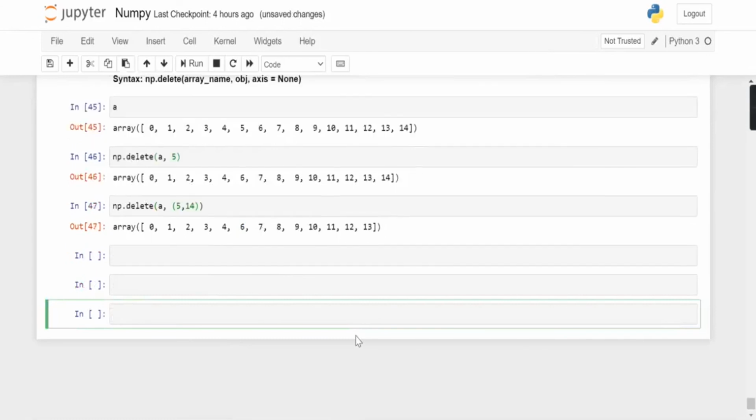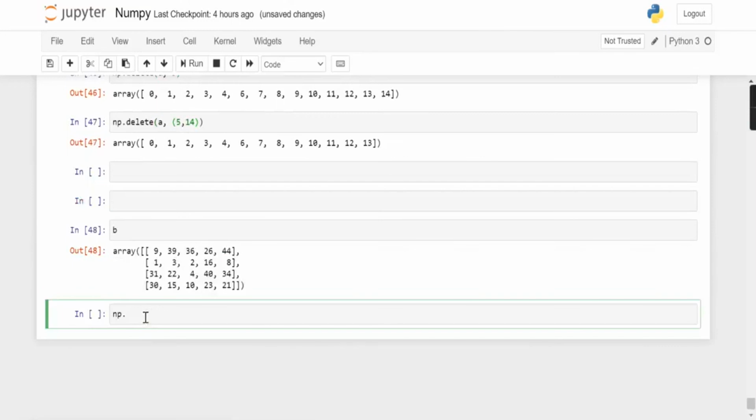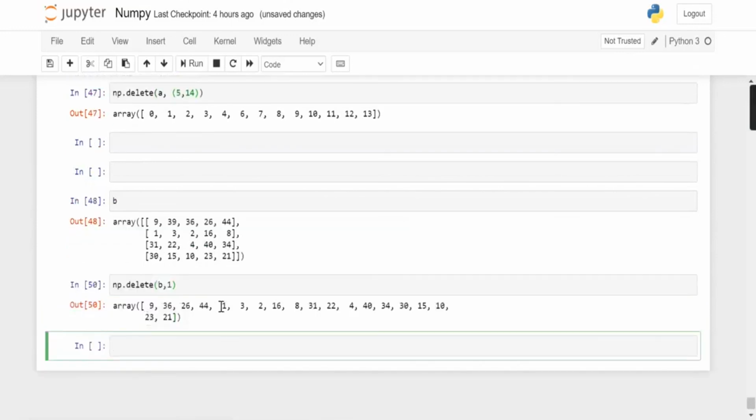Now let's see how it works for a 2D array. np.delete B, 1. So here again the 2D array has been flattened and the value at position 1 has been deleted.